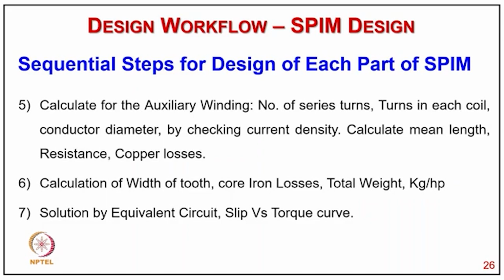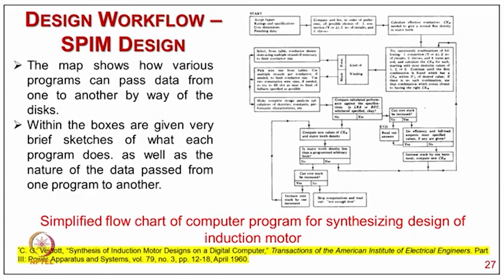And the sixth step is the calculation of width of the tooth, core iron loss, and total weight, typically in kg per horsepower. And the seventh is solution by equivalent circuit and slip versus torque curve. Then this is typically the example of how the calculation is done, according to the reference given, for a simplified flowchart for a computer program. So the map shows how various programs can pass data from one to another by way of disk,